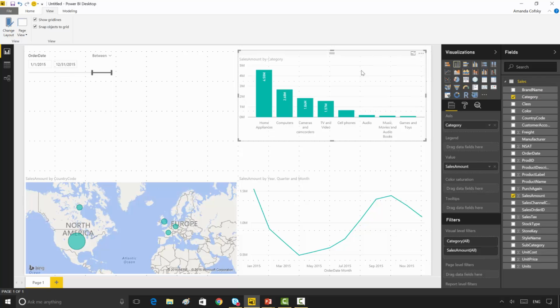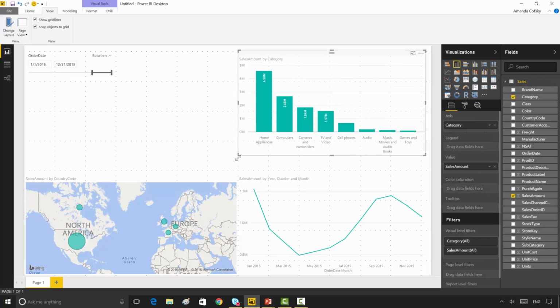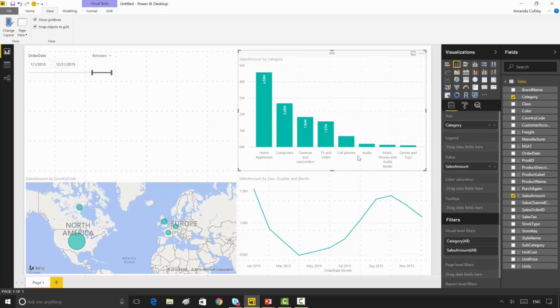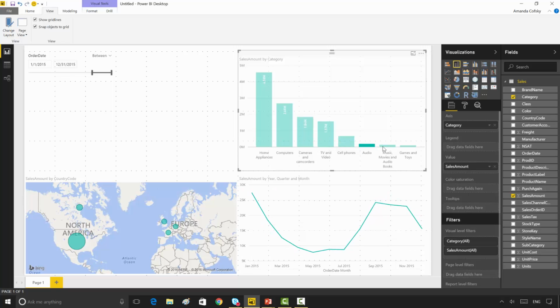So let's take this chart that I already have here. You'll find that in the chart there's an audio section and a music section. Those two categories are very similar, so I want to actually group them together in the chart. So what I can do is I can select, using Control-click, both of the categories and then right-click. You'll see in the right-click menu the option to group. When I select that,